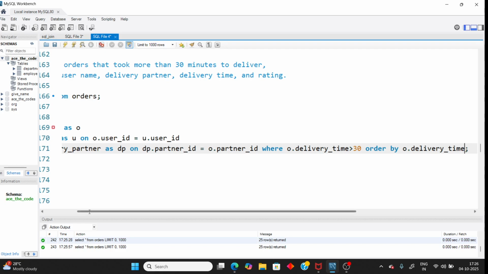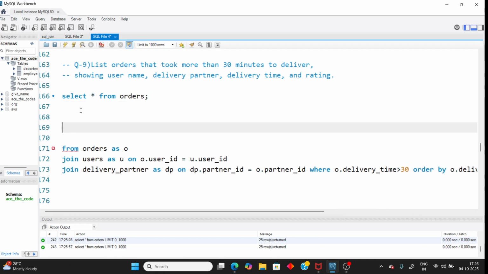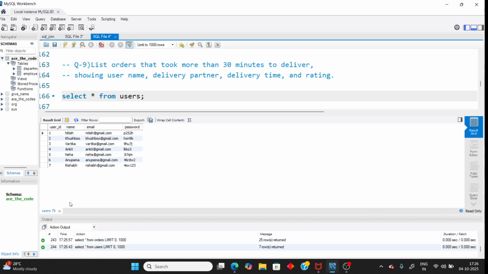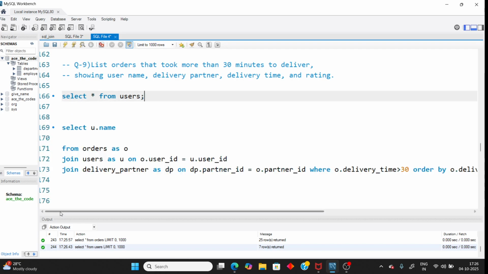You need to select not all the values. I'll select username, u dot username. If you check the user table, just 1 minute, I need to check the user table. It should be name. Okay, so u dot name first, username, and then delivery partner. That's one from the delivery table. If you check delivery partner,